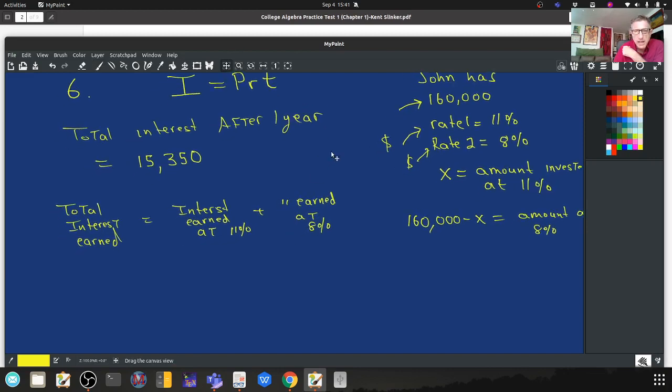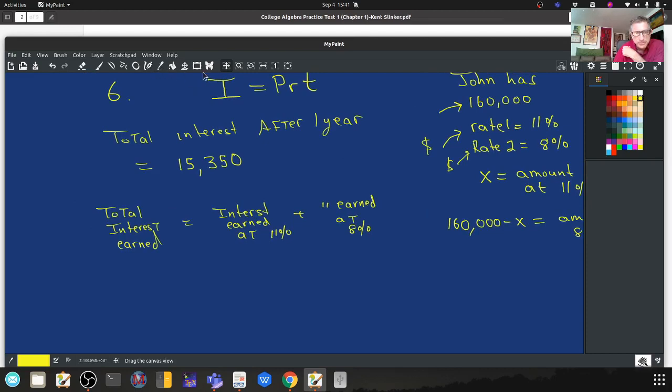So let's now formulate an equation. So we're going to be using this formula. This is simple interest. It's not compound interest. So the total interest he wants to be earned after 1 year is $15,350. But that's the interest earned at 11%. And X is the amount at 11%, so X is our P, times our rate, which is 11 divided by 100,